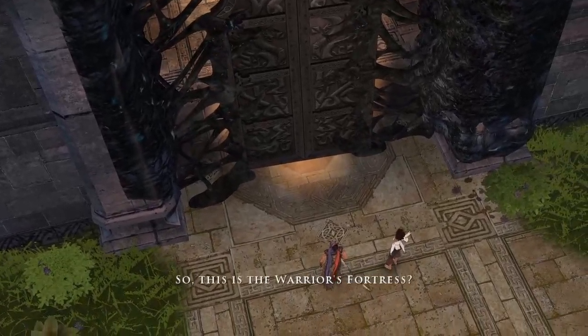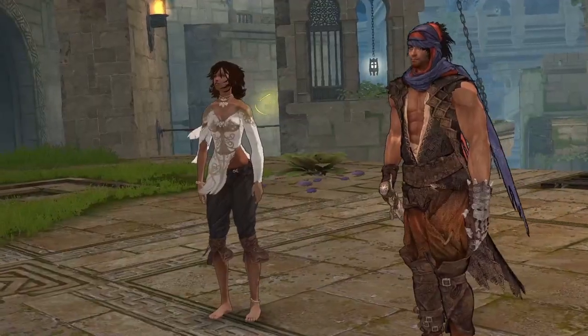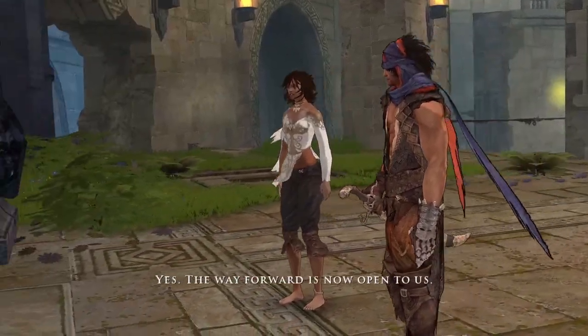So, this is the warrior's fortress. Yes, the way forward is now open to us.